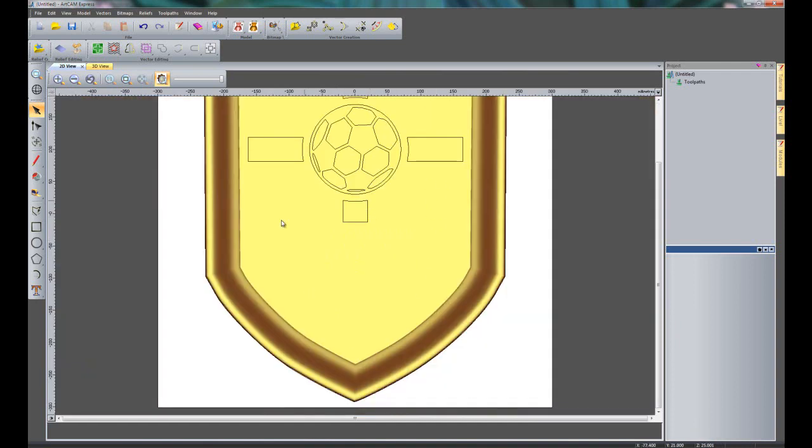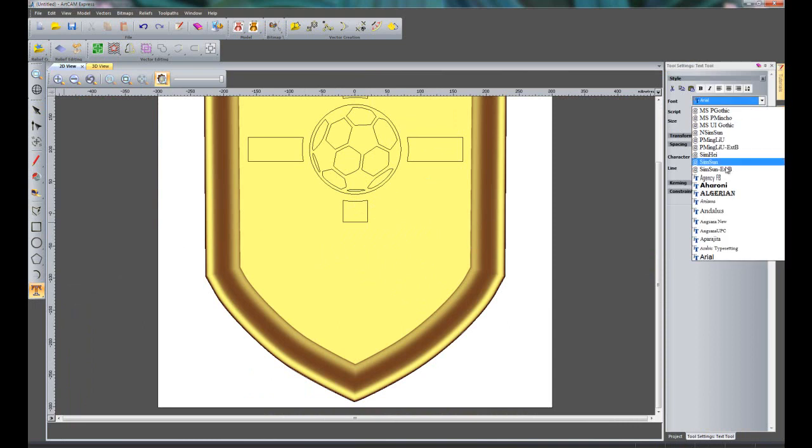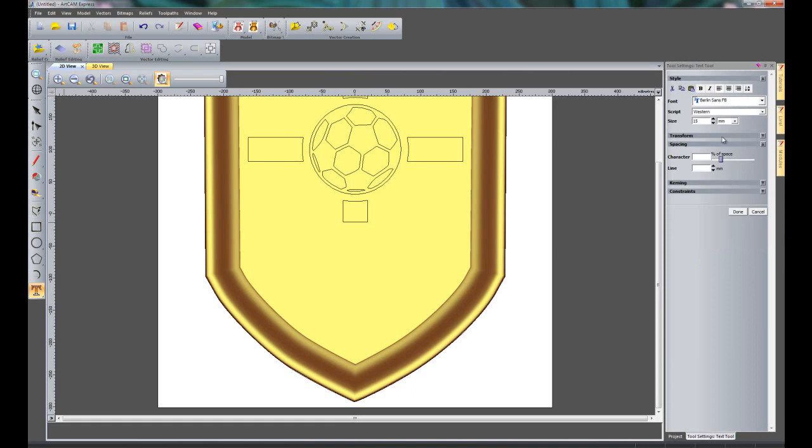I'm going to do this down here underneath the ball. So if I click text, which is here, and I'm going to change the font. Now all of these fonts within ArtCAM are actually the fonts that are installed on your system. So what I'm going to show you now is how to get around fonts that have been created by, let's say for instance, a graphic designer who wasn't really too concerned about the accuracy of the fonts. So what I'm going to do is select Berlin Sans here, change the size of that to around about 35, and I'll go to type in